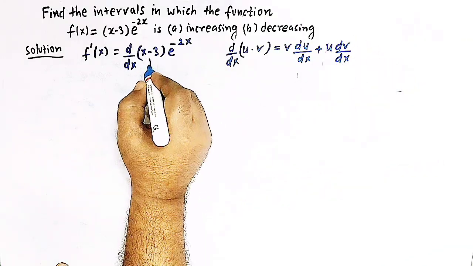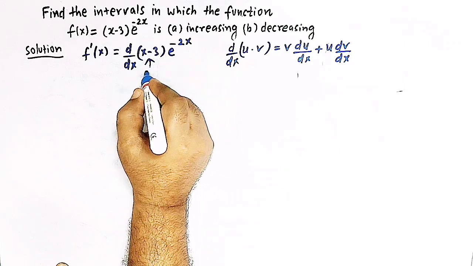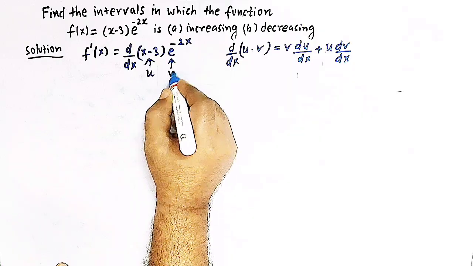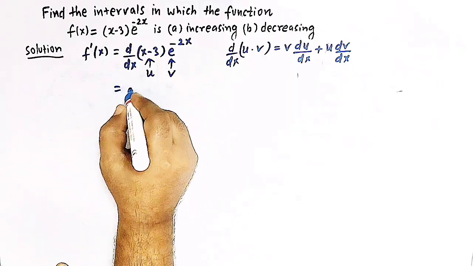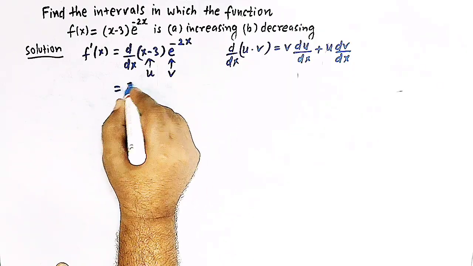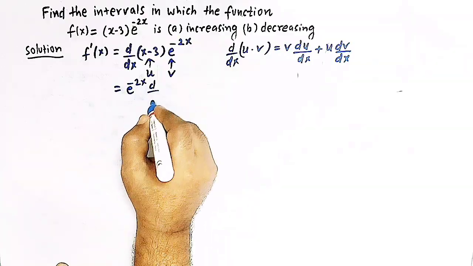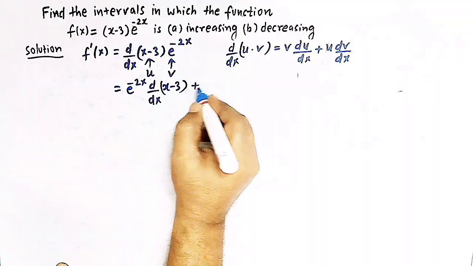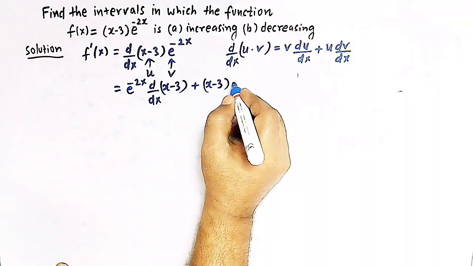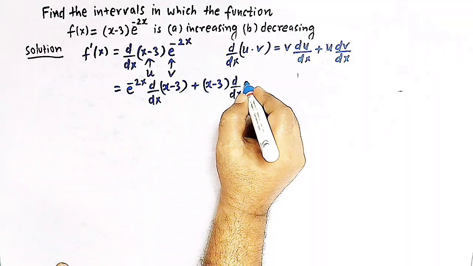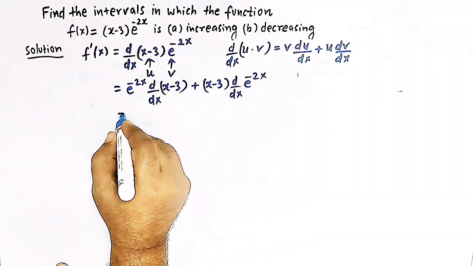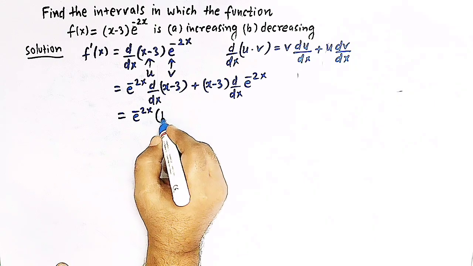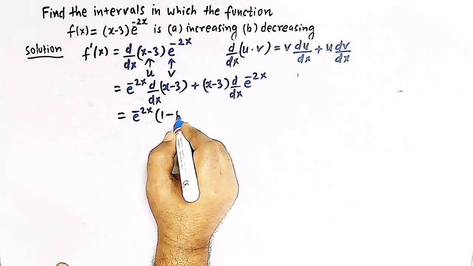So here we can take x minus 3 as the function u, and this function as v. So we have the derivative, that is e raised to minus 2x times the derivative of x minus 3, then we have x minus 3 times the derivative of e raised to minus 2x. So here we have e raised to minus 2x, the derivative of x is 1, derivative of 3 is 0